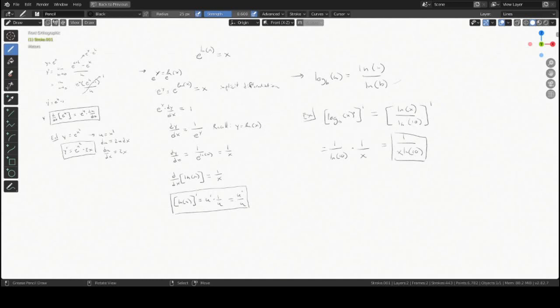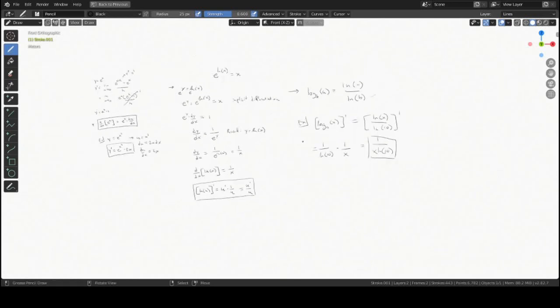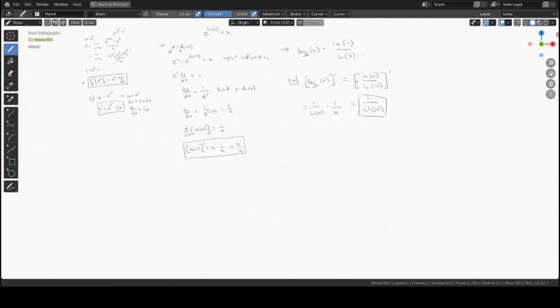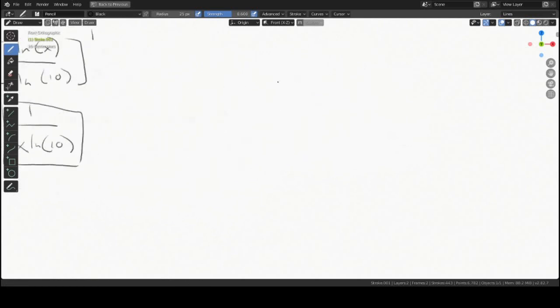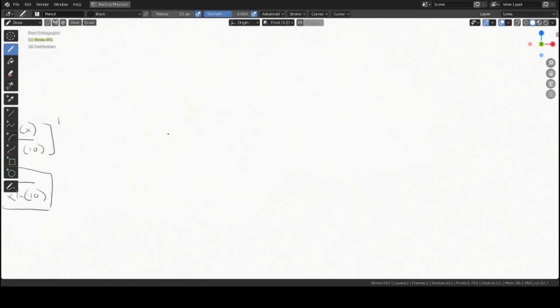Okay, on the same note, we took the derivative of something that is not a natural log. We can also take derivatives of exponents that are not e. So we'll move over here and I'll do it over here. So what if we had something that was not e? Well, there's a general rule we can use. We'll go ahead and use e to the x again, and then we'll do a different example. But if we took the derivative, y prime of e to the x is equal to,